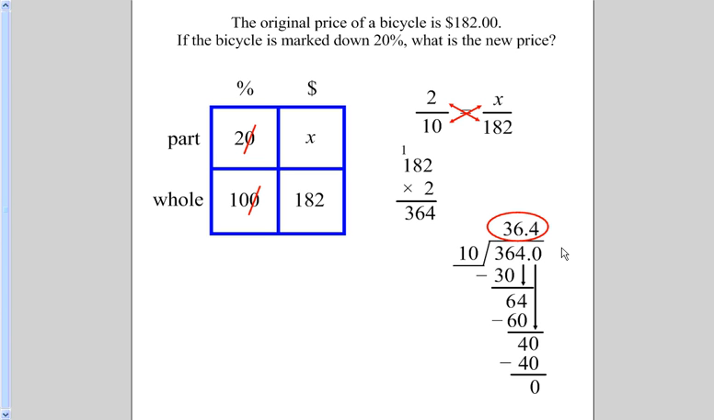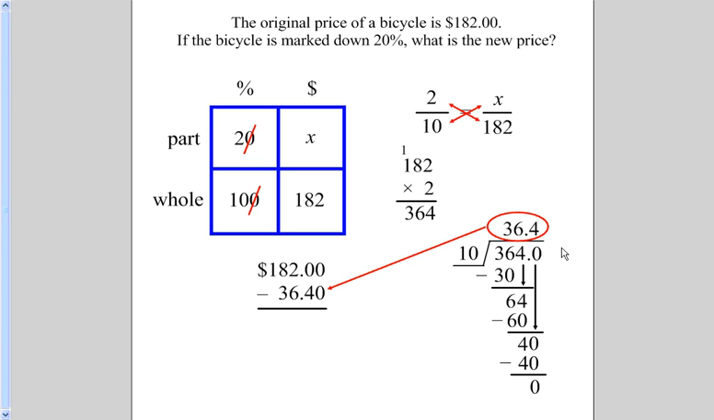That is the discount. That's how much 20% off the bicycle is. But this question asks, what is the new price of the bike? Not what the discount is. So to find that, we have to go through the final step. The original price of the bike is $182. From that, we subtract